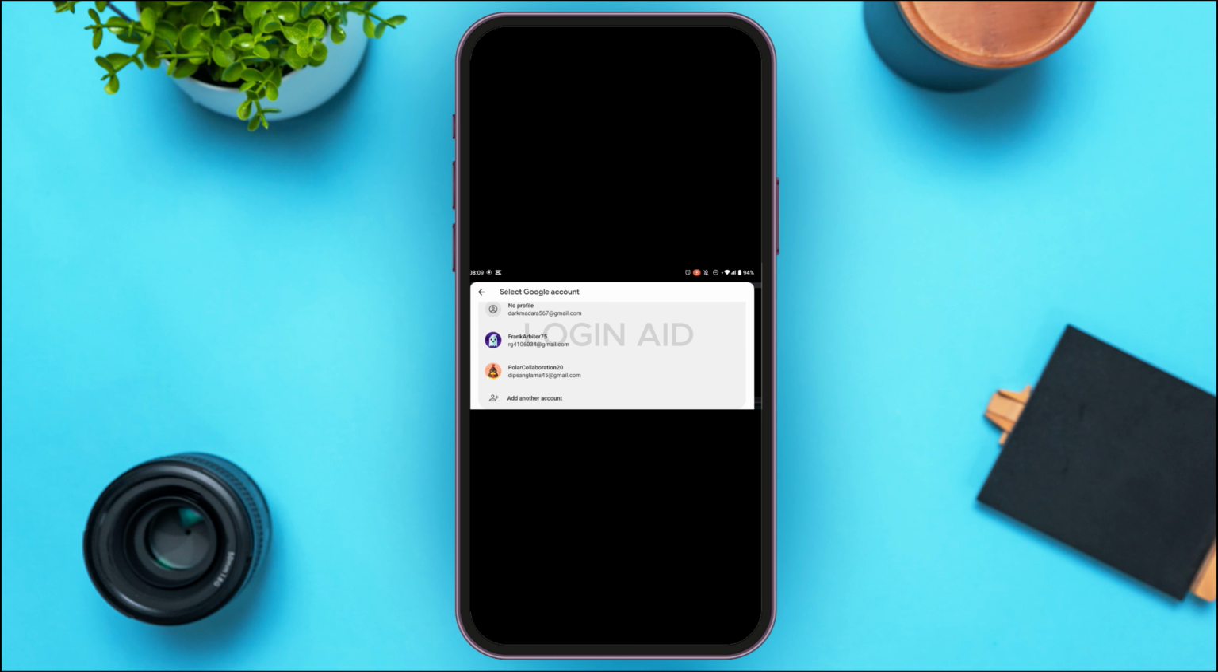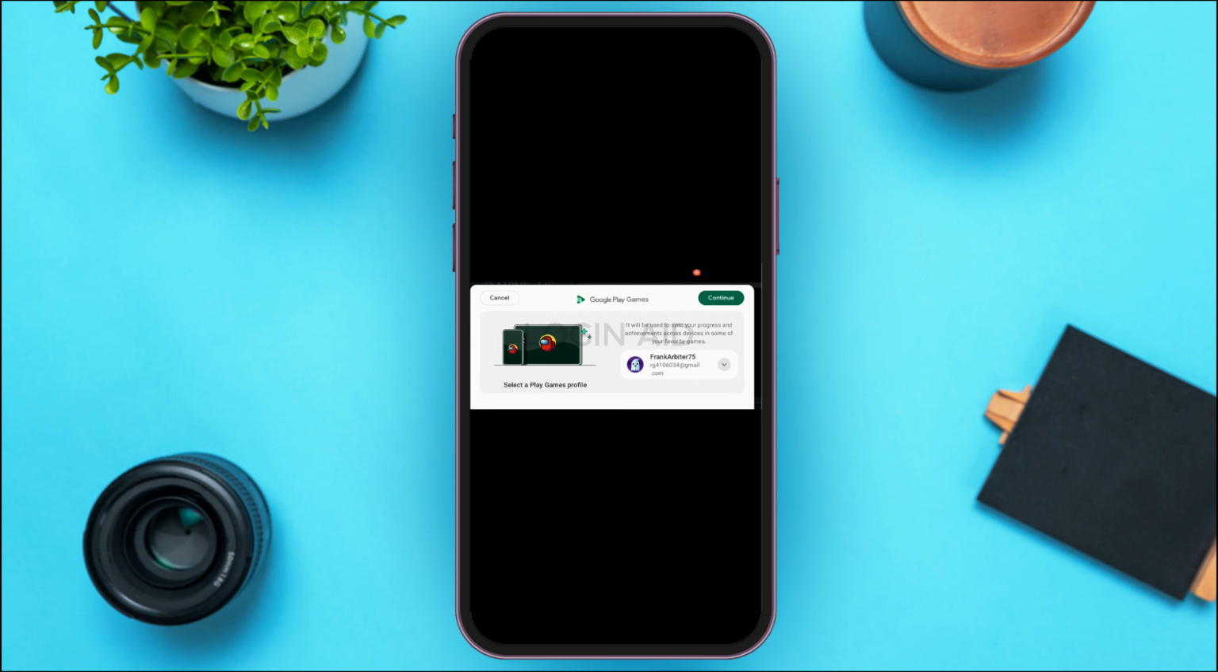If you do not see the Google account over here, you can also add another account by tapping on this option, add another account. After that, enter the email and password and another Google account will be added. If you want to select from the existing Google account, simply tap on the Google account that you want to select. Now, once you do that, what you have to do is tap on the continue option that you can